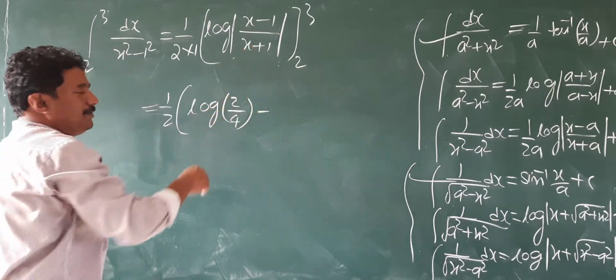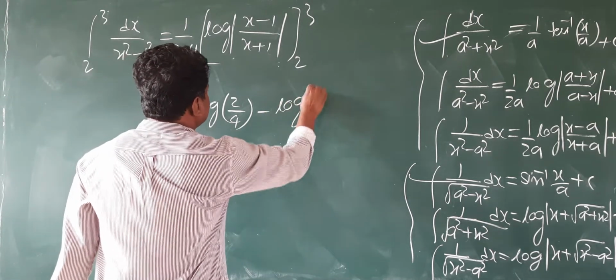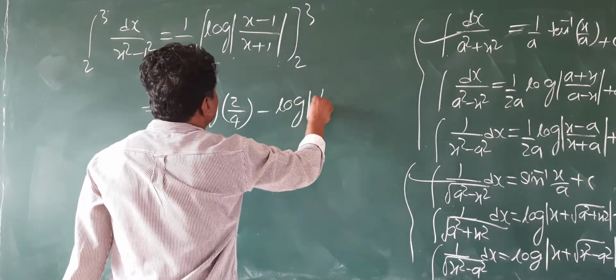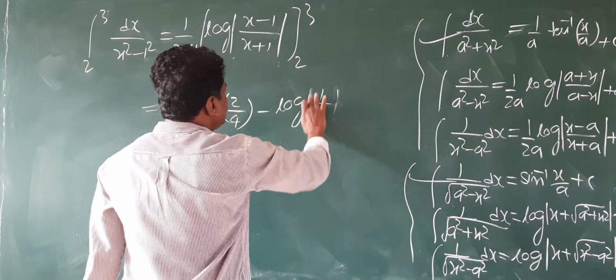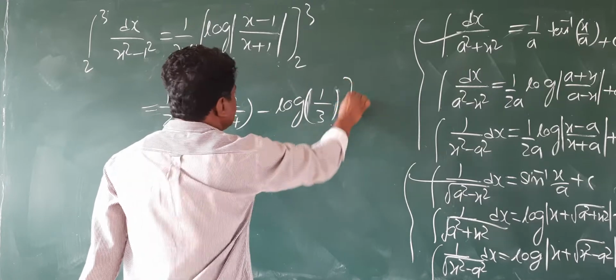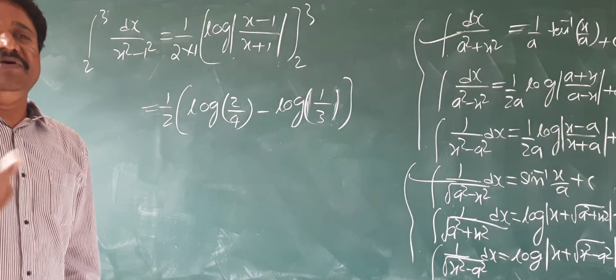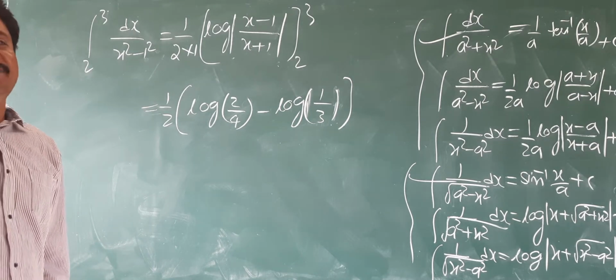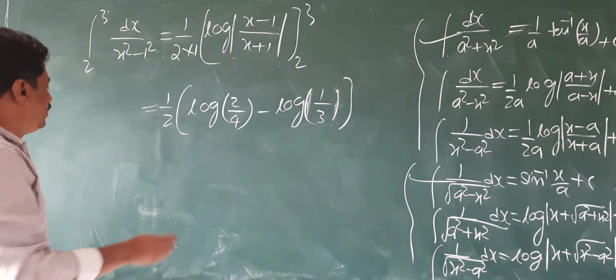Minus log m minus log n. So for the lower limit, 2 minus 1 is 1, 2 plus 1 is 3. Mod not required. For positive numbers, mod is not required. Why do we use mod? To make negative numbers positive, the absolute value. Right. Now 1 by 2